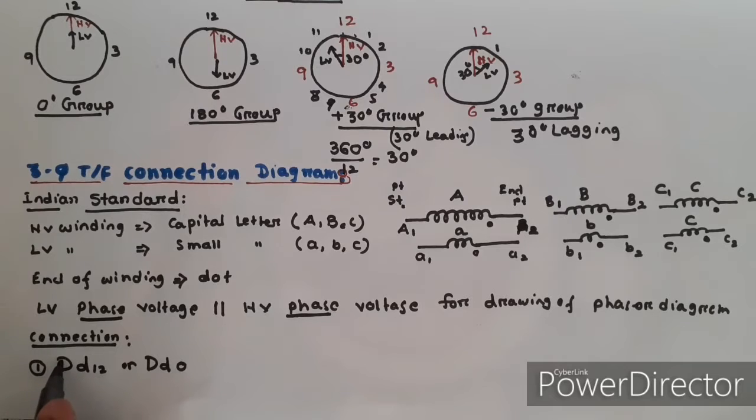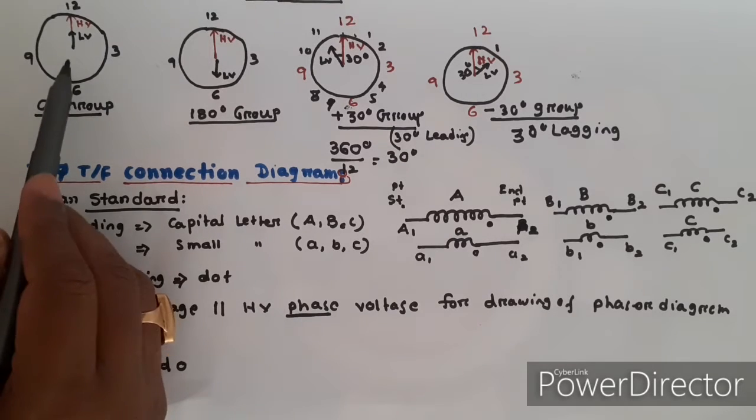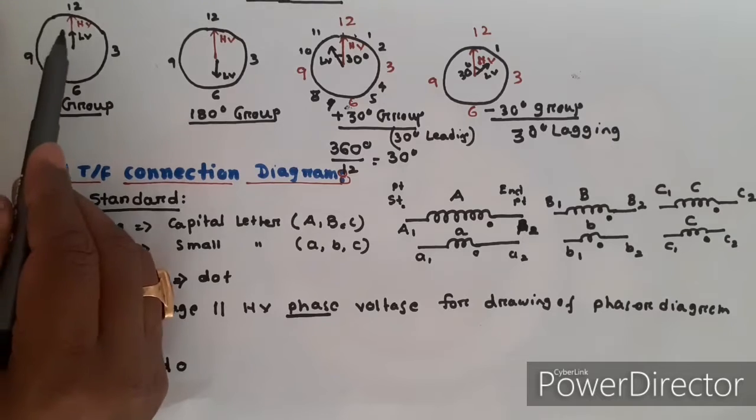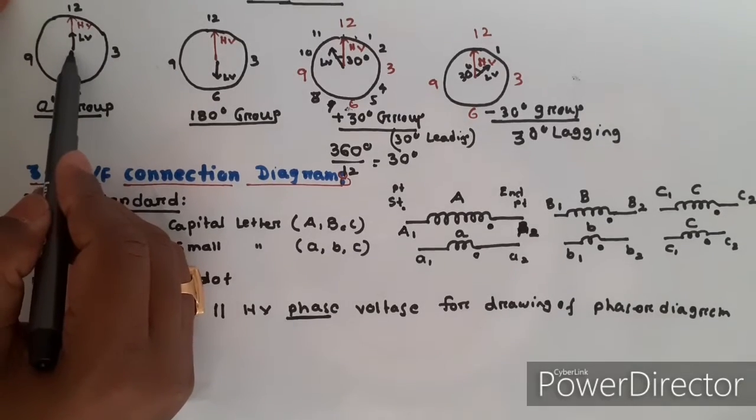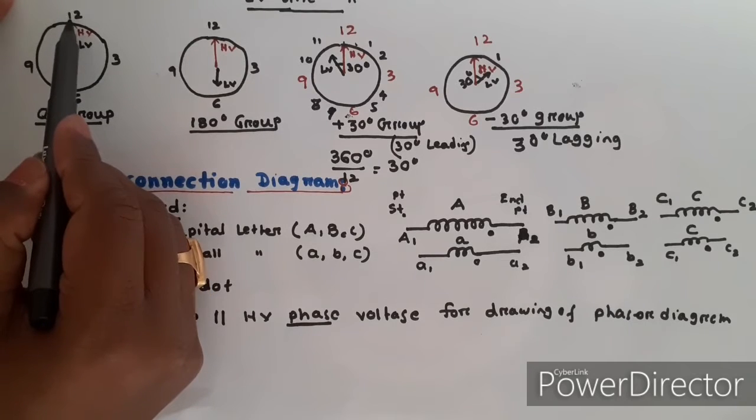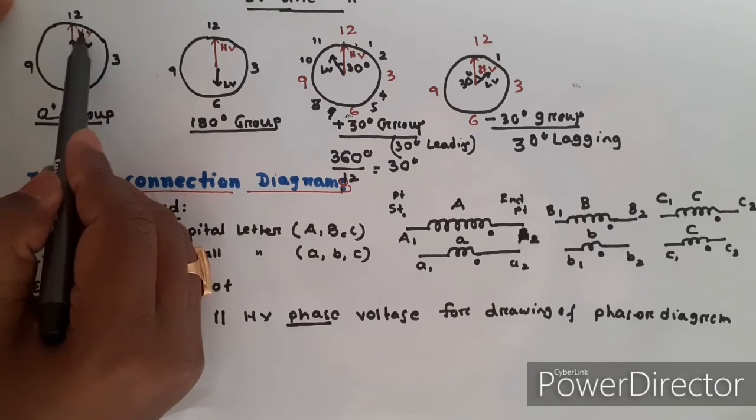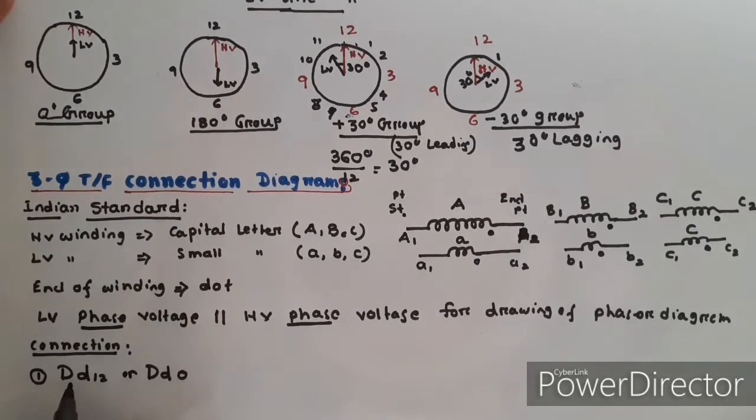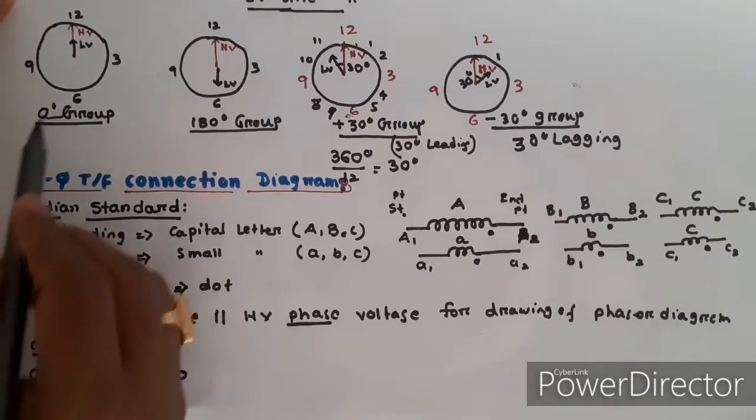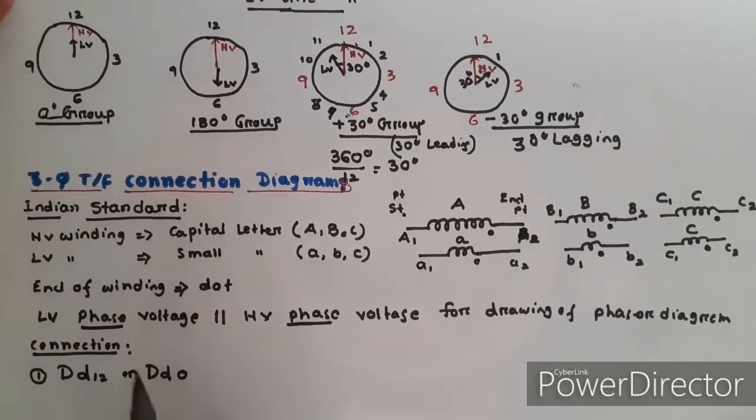D capital letter means high voltage, D small letter means low voltage, and 12 means 0 degree group. It is 12. The HV is along 12, LV is also along 12. Therefore, DD12 or DD0 is 0 degree phase difference, same. Number 2,